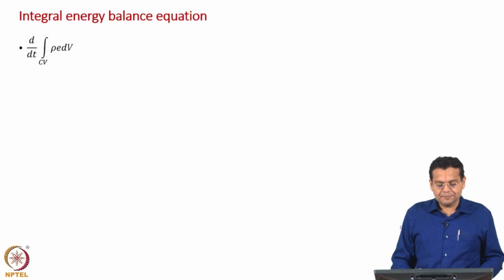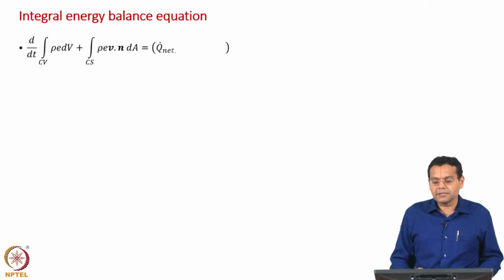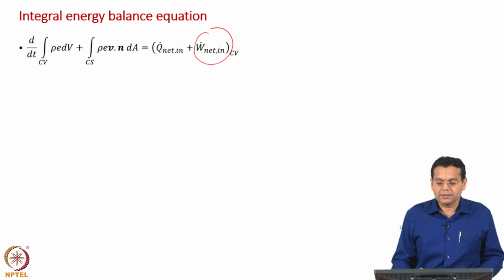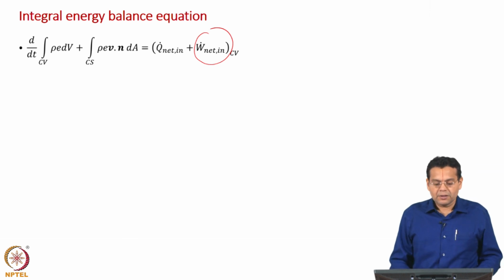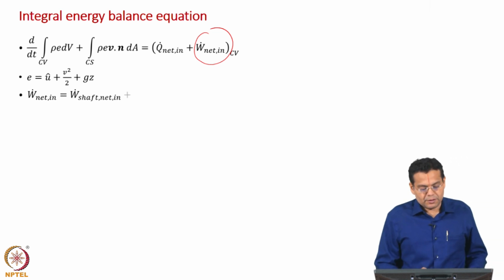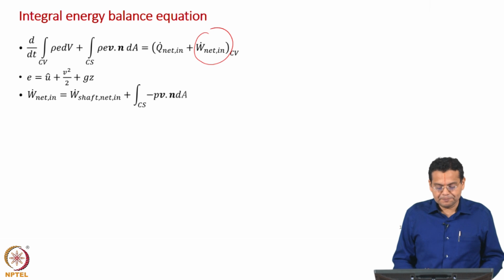Okay. So, let us write the integral energy balance. What did we discuss so far? We have discussed this rate of work done term on the right hand side. Now, we know how to express that. So, let us substitute for that. Of course, E is the sum of all the energy terms per unit mass, and this expression we have seen in the previous to previous slide, expressing in terms of shaft work and then work done by pressure.